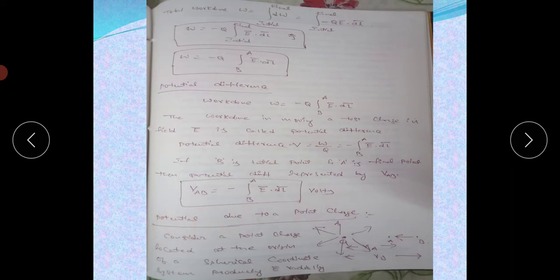Next, derivation: the electric potential due to a point charge. This is one point charge and these arrows indicate the electric field. Here the test charge is located at point A. Assume the distance from the charge to point A is RA and to point B is RB. Initially, due to the electric field force, the charge moves from point A to point B. Next, by applying some external force, we move the charge from point B to point A. Then work is said to be done. In that case, we have to find the potential difference.